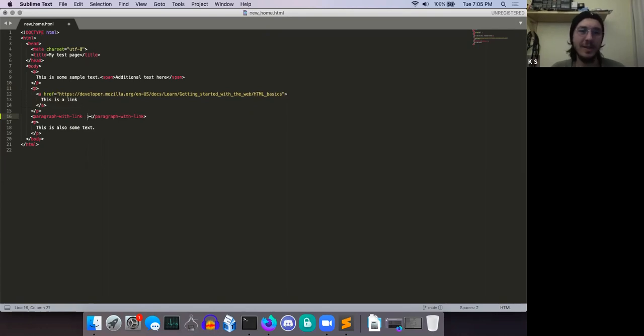Usually the way this is done for a custom element like this is you give it custom attributes, which we're kind of familiar with now. For instance, the link tag has the href attribute. So for our paragraph with link, we could say something like paragraph text, and we could make that an attribute, and we could say something like,